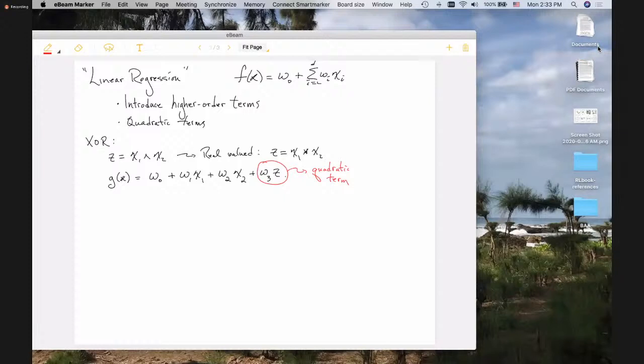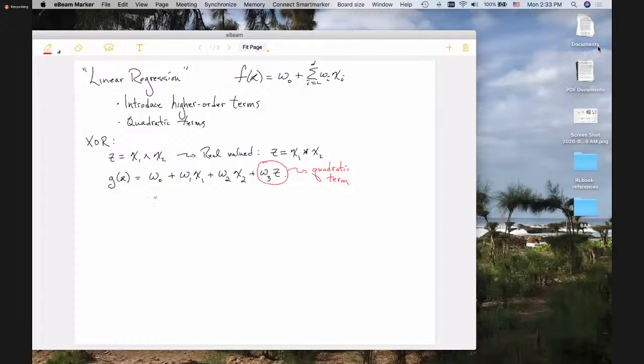But I'm still learning weights that are related in a linear fashion to each of these terms in the equation. And what's interesting is that if we let W0, and by the way, there are many solutions to this equation, I'm just giving you one that I know works. Let's let